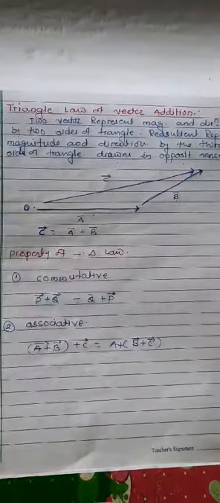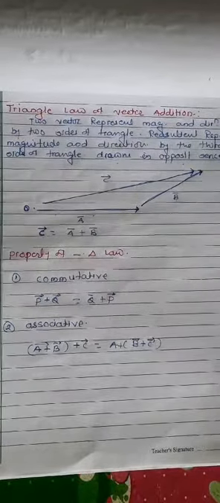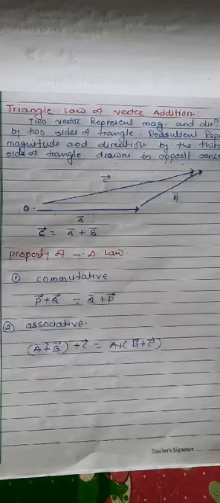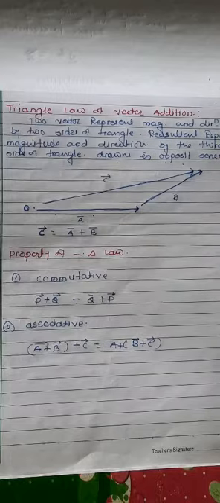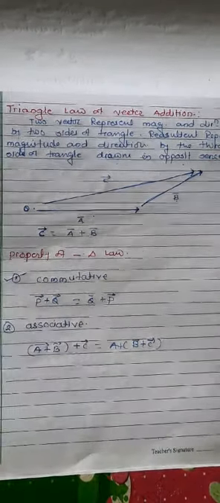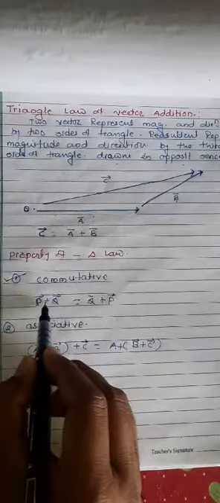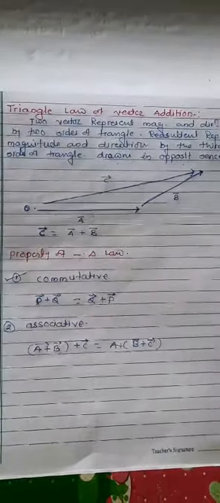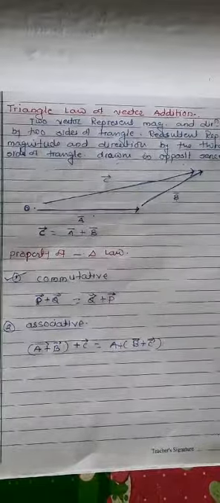Now, by the triangle law of vector addition, we discuss the properties of vector addition. If there are two vectors, or two sides of the triangle, then the triangle law gives the commutative property. What is the commutative property? The addition p bar plus q bar is equal to q bar plus p bar, meaning these two vectors obey the commutative property.